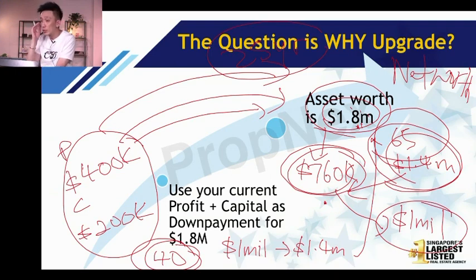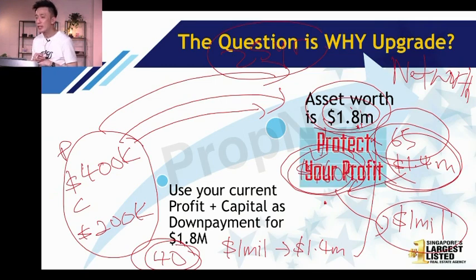Think. Because I'm not here to ask you to sell. I'm here to tell you what happens next if you don't. So it depends on you. Of course, I don't want you to speculate. That's why in the workshop, you need to learn how to do financial planning. How to ensure that you have enough. How to make sure that even if I upgrade, I don't have stress. And that is important. And remember, this is the most critical part. That's why I say important is to learn how to protect what? Your profit. And why people sell is because of what? Protect your profit, protect your capital. Right? If retired already, how?